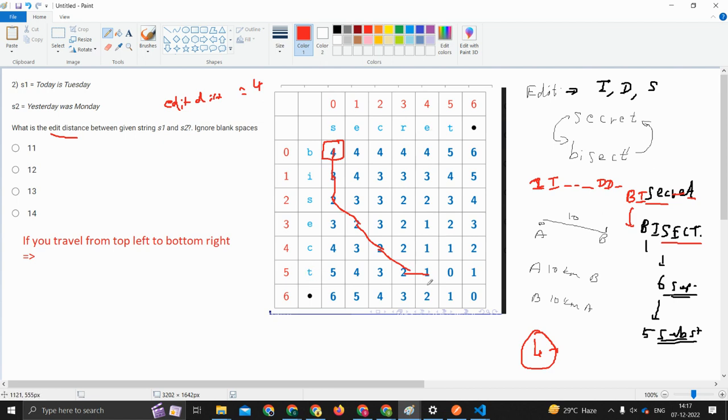Similarly, T over here and E over here. So we came from the minimum, right? So that means the minimum is here, right? So T and T is a match. So it is like this. Okay. So now see, we have